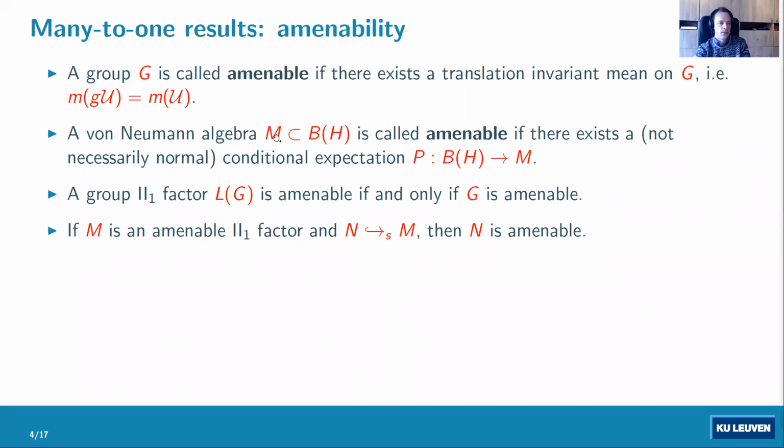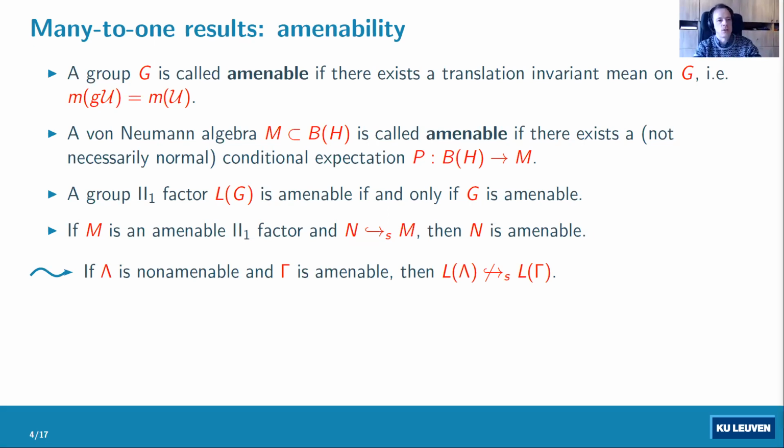So one can actually make sense of the notion of an invariant mean of a von Neumann algebra. So what is the good concept? If M is a von Neumann algebra sitting in B(H), then an invariant mean is nothing else than a conditional expectation, typically non-normal, of B(H) back onto M. And one then proves that the group von Neumann algebra, so a group II_1 factor of an ICC group, is amenable in this abstract sense if and only if G is an amenable group. And secondly, because that notion passes to subfactors, if M is an amenable II_1 factor and N stably embeds into M, then necessarily N inherits the amenability. So amenability is a property that is inherited by subalgebras, and therefore,